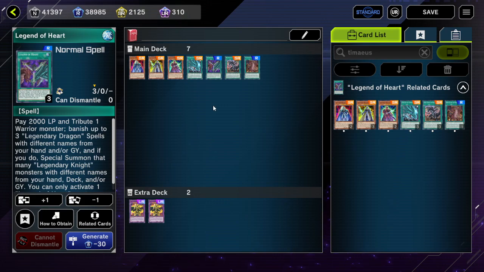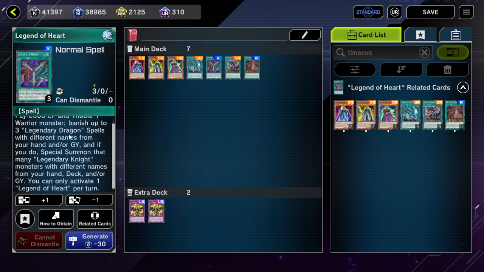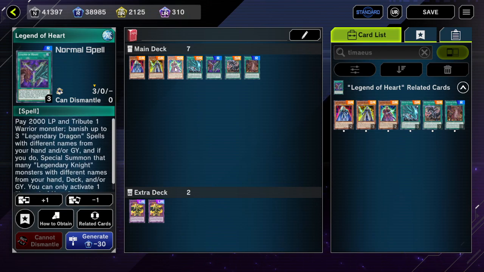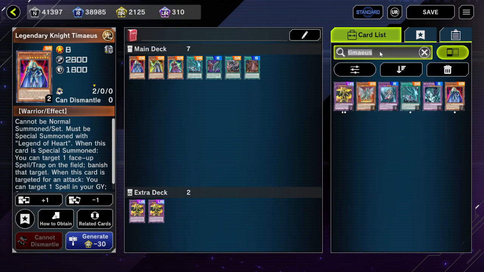So, aside from that though, Legend of Heart is probably the way they're meant to be summoned. I don't think there is any other way to be summoned, right? Must be special summoned with Legend of Heart. Yeah. So, to summon Timaeus and the other knights, this is the way that's intended, but there's also the option